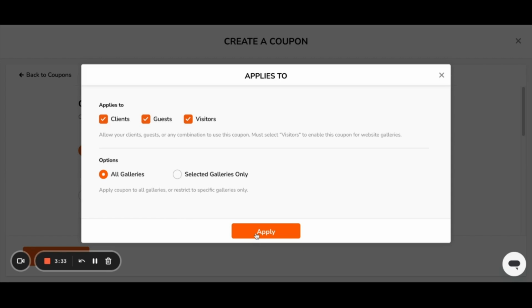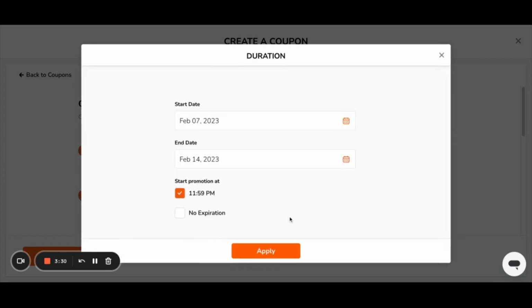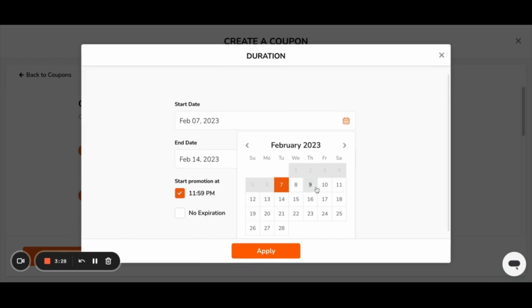From here, choose who you want the coupon to apply to, and if you want it to apply to all galleries or only selected galleries. Click Apply. From here, you can set the start date,